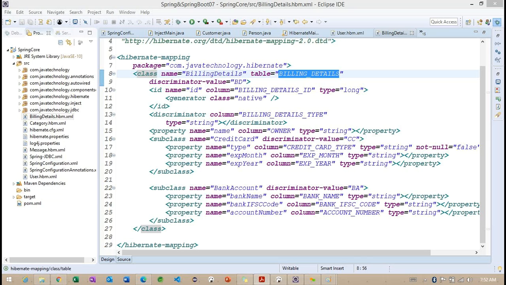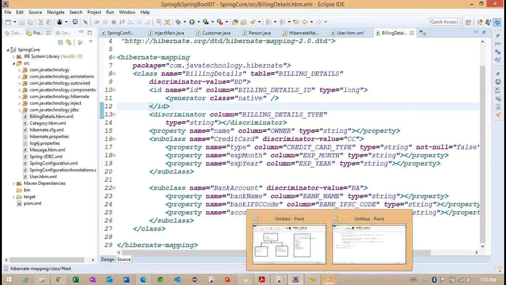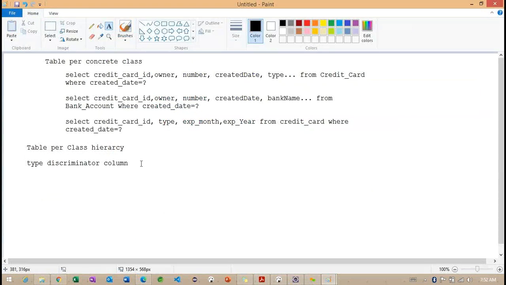And here we can work with only one query. So how can we work with only one query here?